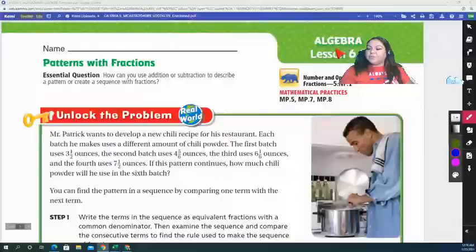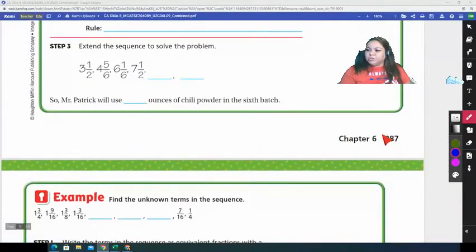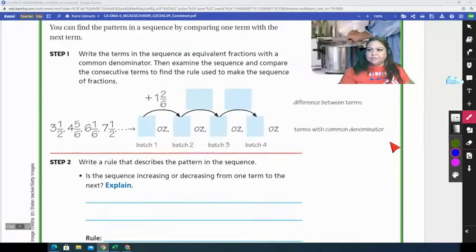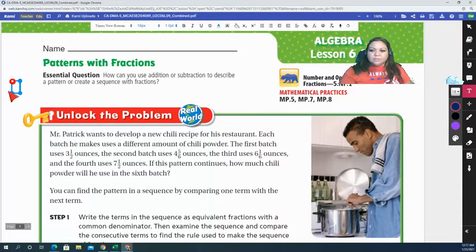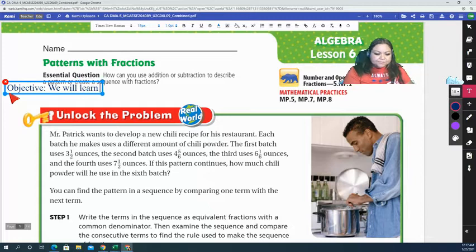So here we are with lesson 6.9. We are on page 287. Lesson 6.9, patterns with fractions. We're going to start off with writing the objective of our lesson. And remember, the reason why we do the objective is because this way you know what you will be learning, what to expect. So in this lesson, we will learn,